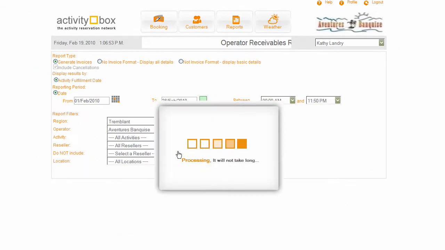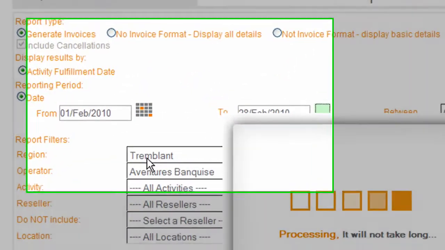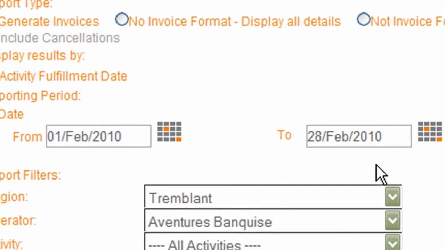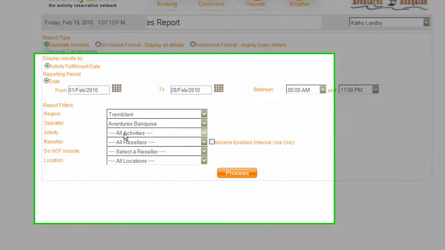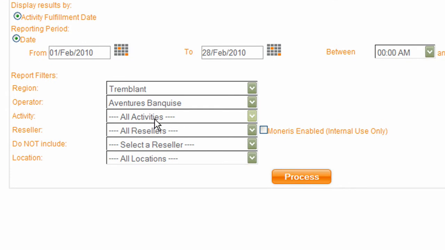So I'm going to enter in here 1st of February 2010 through to the 28th of February 2010. And I've logged in here as an operator, so I'm not going to change anything here. This means that I'm going to leave it on all activities, all resellers, and all locations. I'm not going to check anything else. This means that ActivityBox is going to generate invoices for me for all the bookings that I've received within this